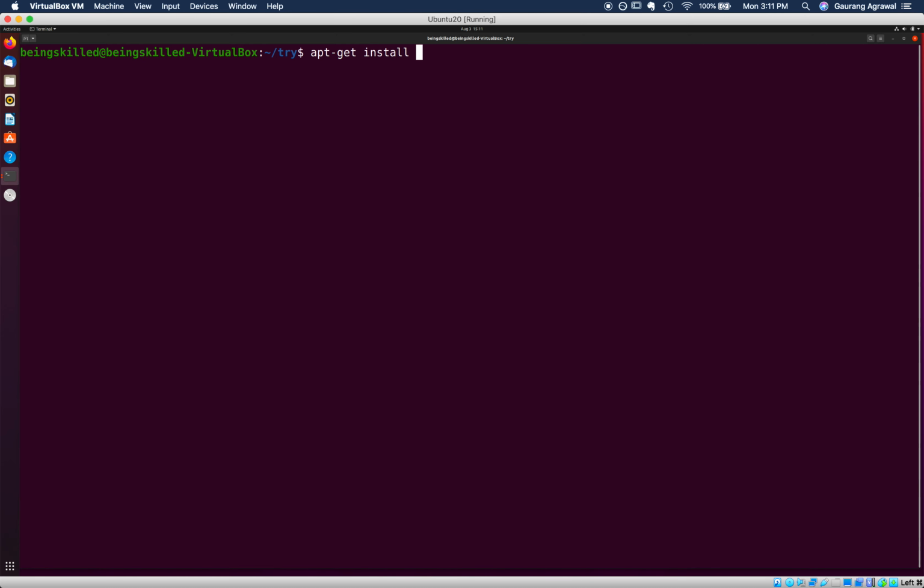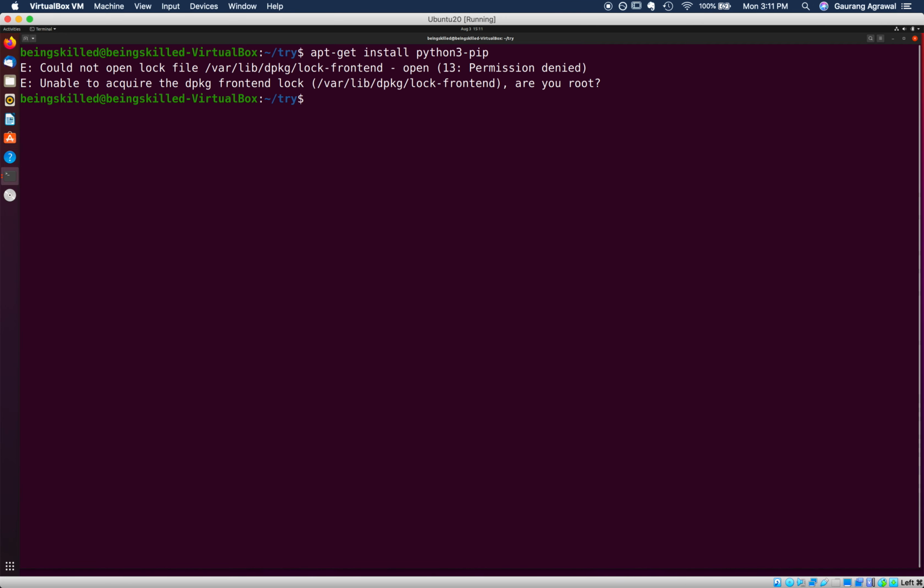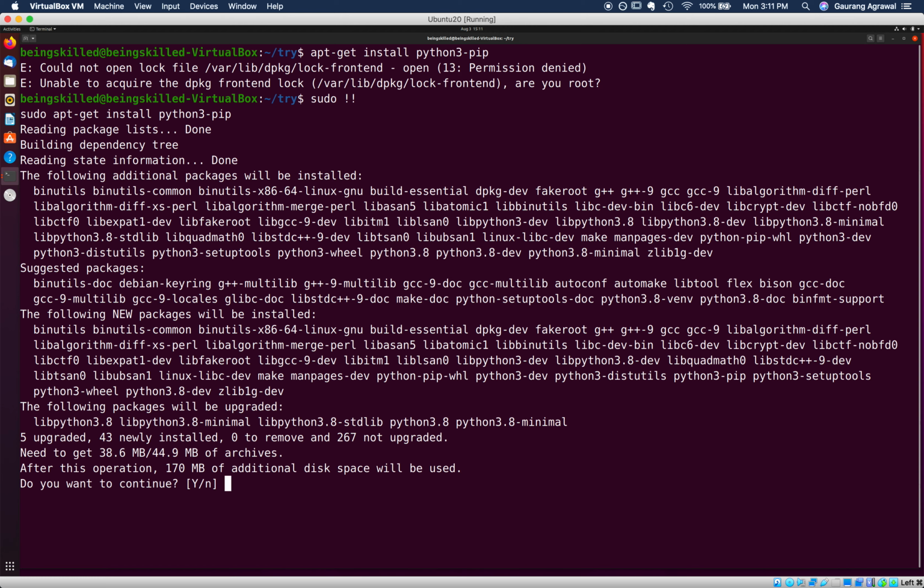package name. So in this case the package name for us is python3-pip, and if you will type that, it will ask for the root credentials. So just type sudo !!, and then it will show you the list of packages which it is going